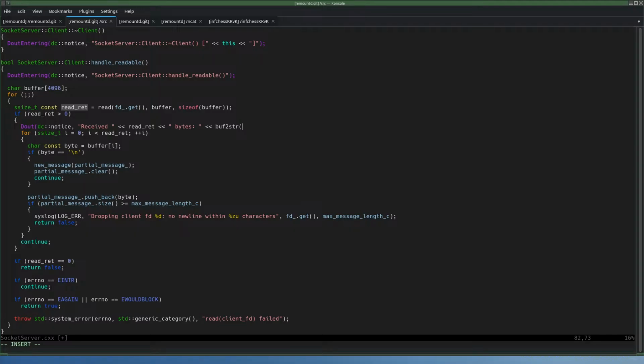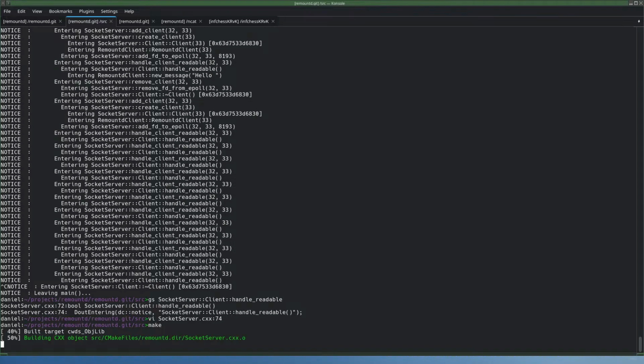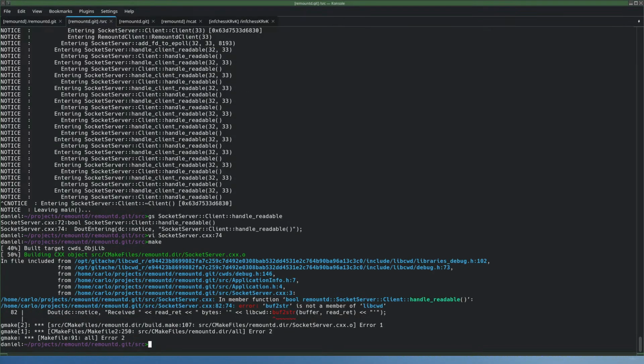It is a part of libcwd. So it doesn't highlight it. Okay. Hopefully that lives in libcwd or something. And I think I just take the buff here first. Buffer and then the length. Let's put quotes around it. Does that even compile? It does not compile. I think I need a header for it.